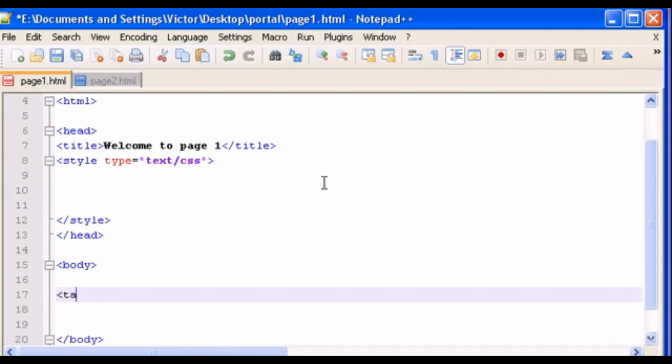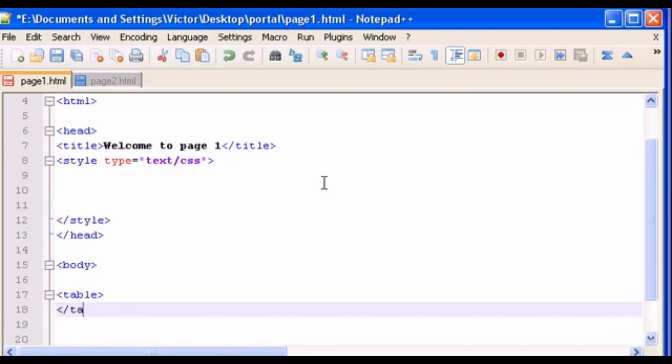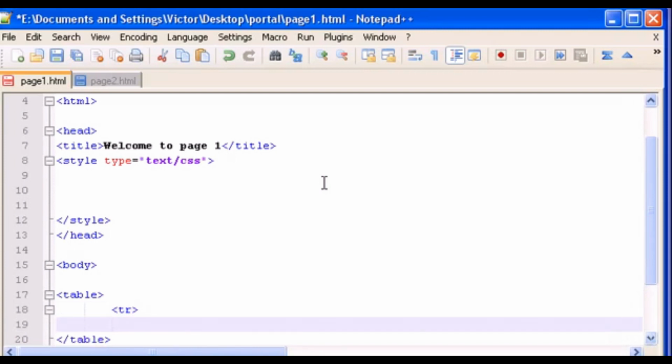Let's make table, close table, and inside table, as you remember, we have to do a table row, close table row, and inside table row, let's give it